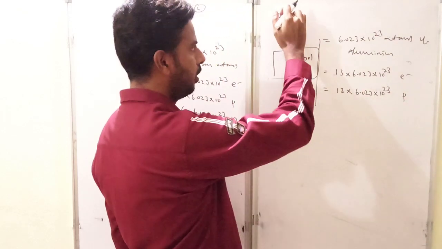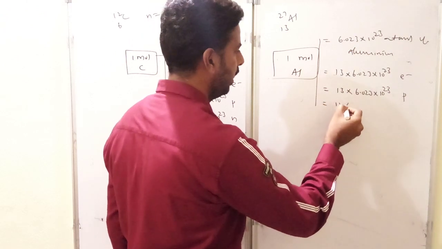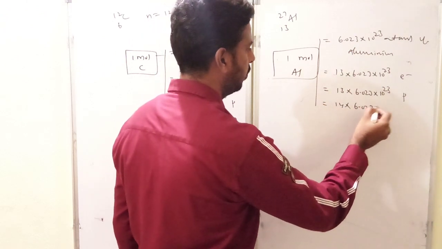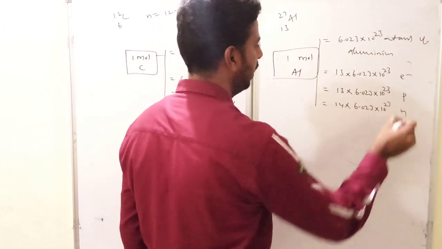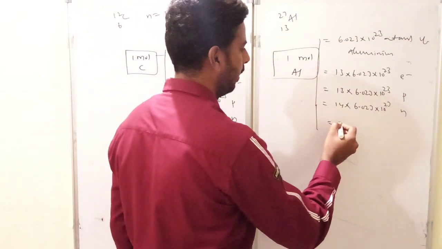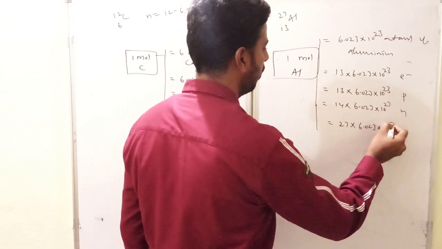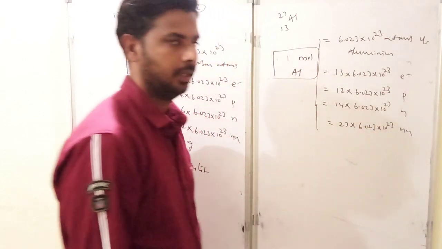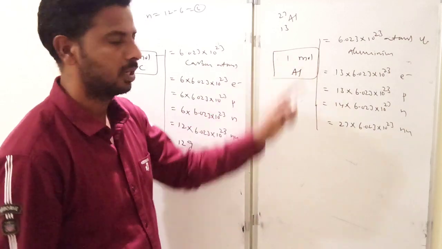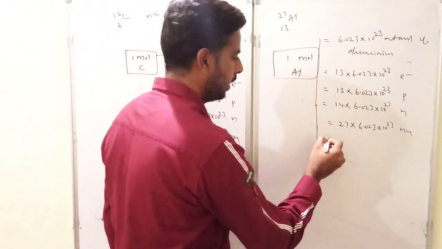How many neutrons? 27 minus 13 gives 14, so 14 into 6.023 into 10 power 23 neutrons. How many nucleons? 27 into 6.023 into 10 power 23 nucleons, because it is the sum of protons and neutrons. Now it is an atom. So what it is? It is equal to